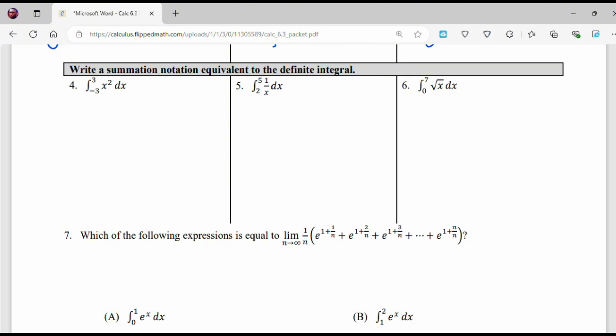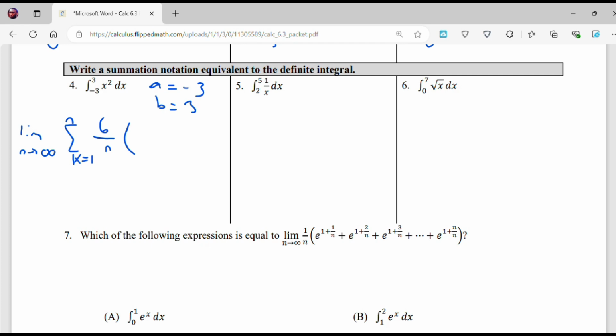So let's write what we know. We know that a equals -3, our lower limit, and b equals 3. So limit as n approaches infinity of the sum, n rectangles at k equals 1. So b minus a over n, right? B is 3, a is -3. So 3 minus -3 is 6, and then over n times